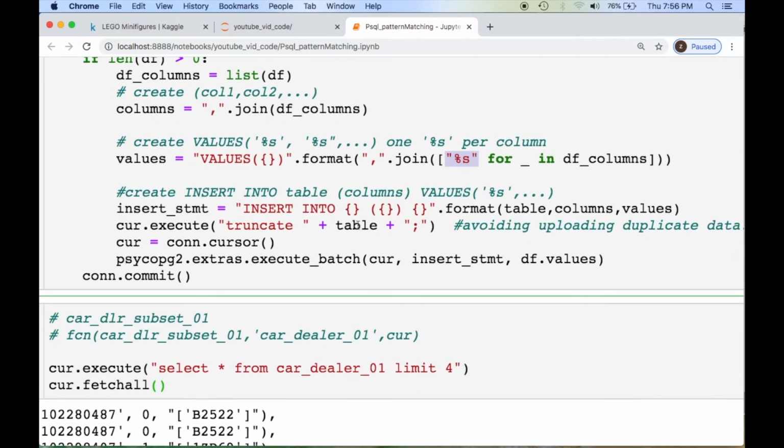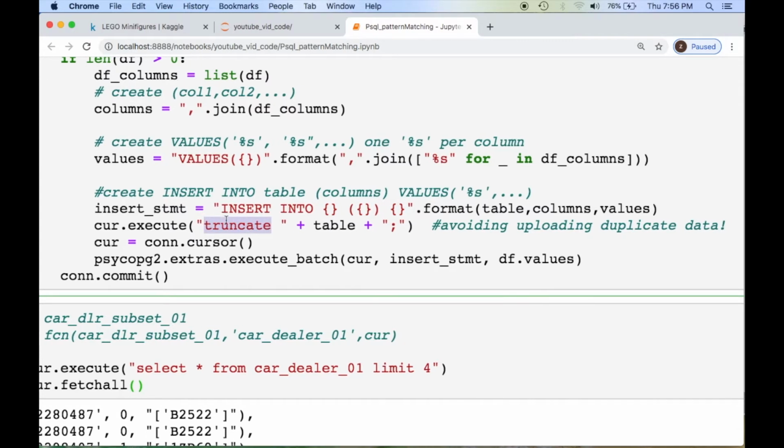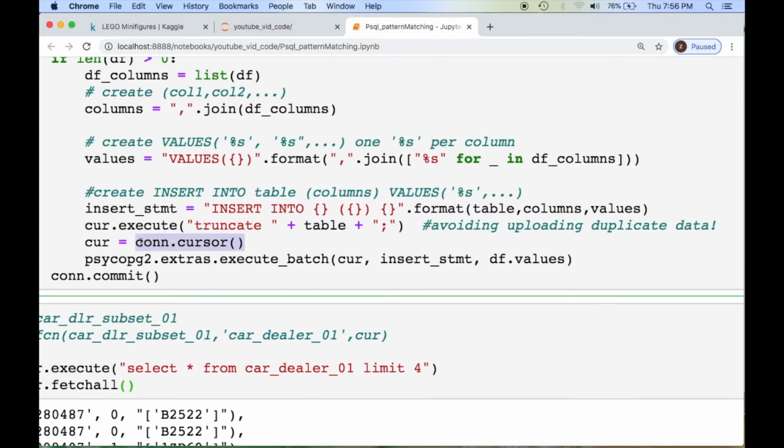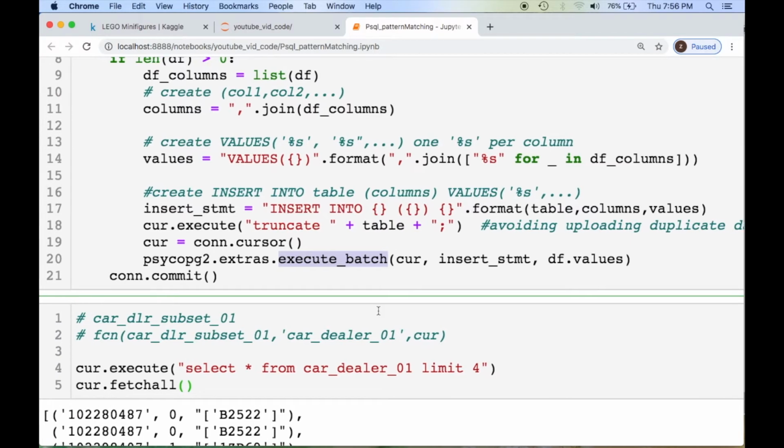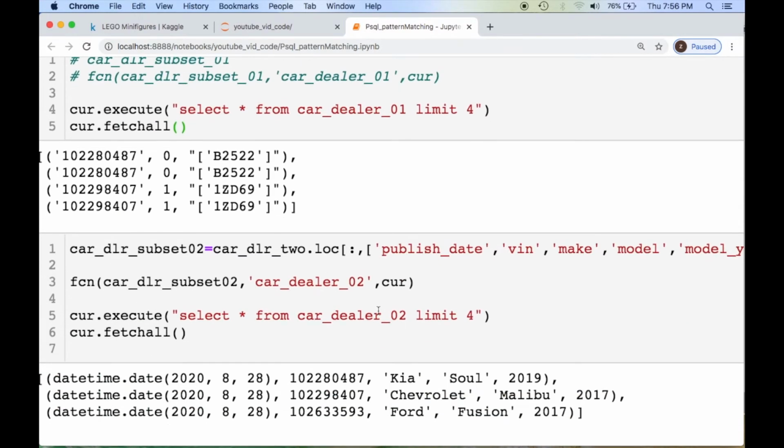Now, we threw this into our input statement with our 3 little parameters. Truncate is used so you don't have issues with duplicating your data. We're using our connection and we're sending this as a batch, so we're sending everything at once. All right, now let's scoot over there. I'm using this select statement real quick so we can see what's going on.